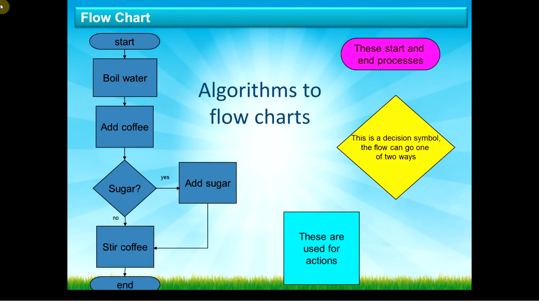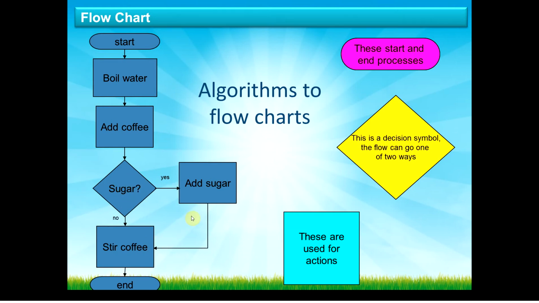Okay then, so here is my completed flow diagram. So like I said, the start process is there and then the end process is here. And as you can see, we have got one decision in the middle just here. And then we've got an action based upon that decision. So it asks the user, would you like sugar? Yes or no. So yes, that technically is true. So an action has happened, and then after that it stirs the coffee. If the user says no to that decision, then simply it'll just stir the coffee